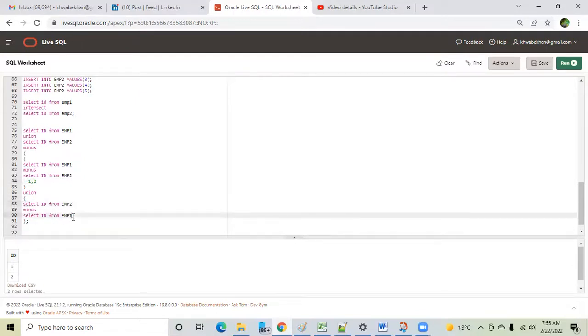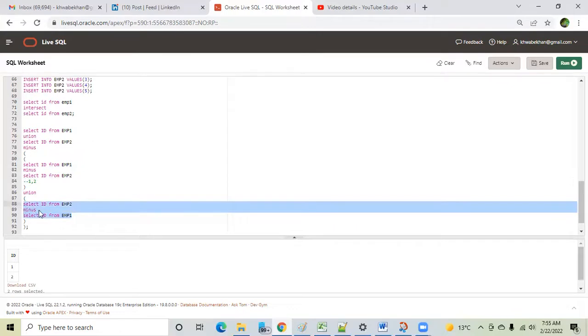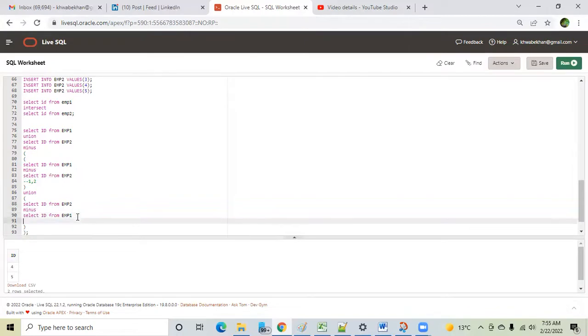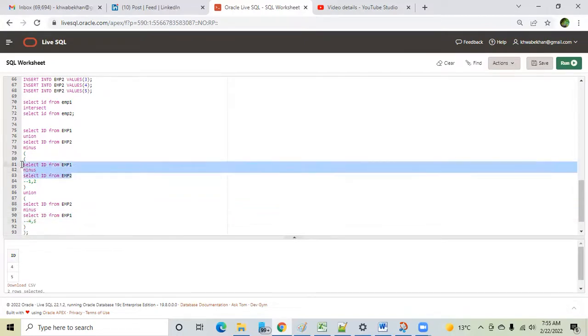consider this second query. He has executed this query, and it is doing exactly the opposite task of what the first query is doing. Here he has written employee 2 minus employee 1. So what output are you getting here? 4 and 5. First of all, are these two queries clear or not? The first query is finding the output which is